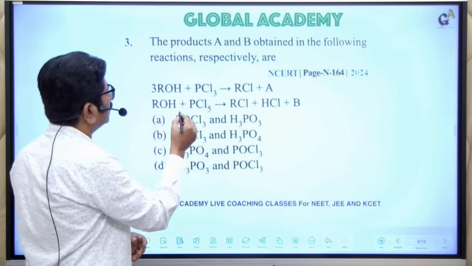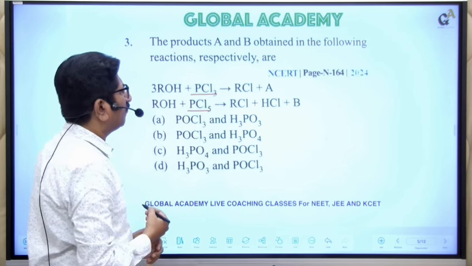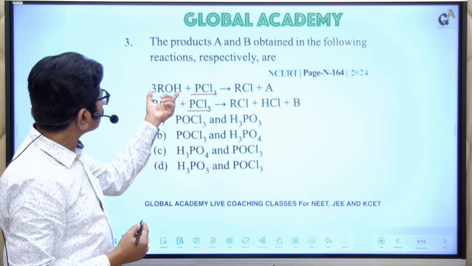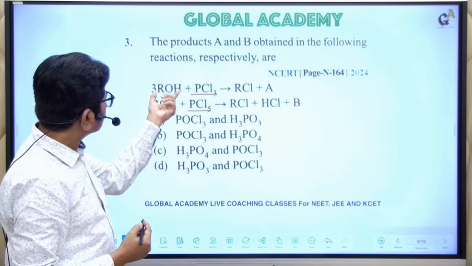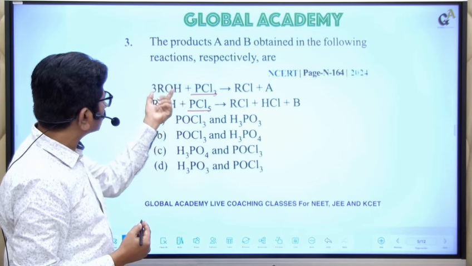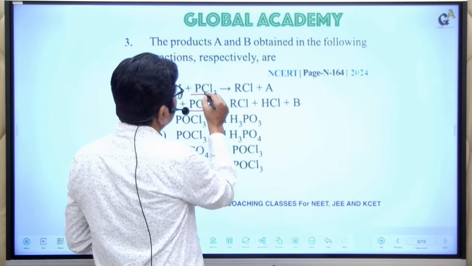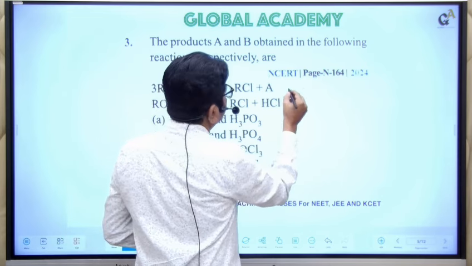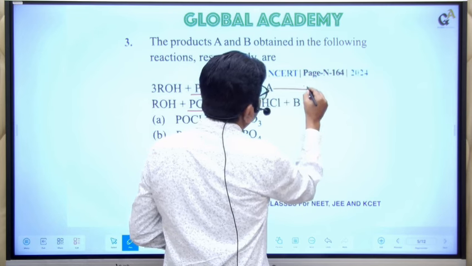One is PCl3, another is PCl5. When alcohols or phenols react with PCl3, it gives A, which is nothing but